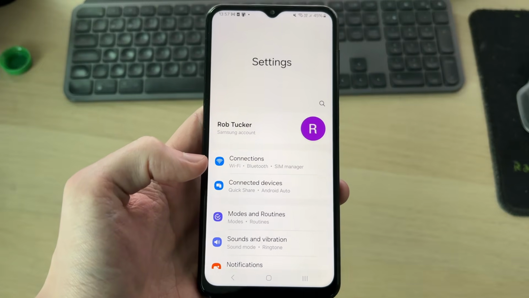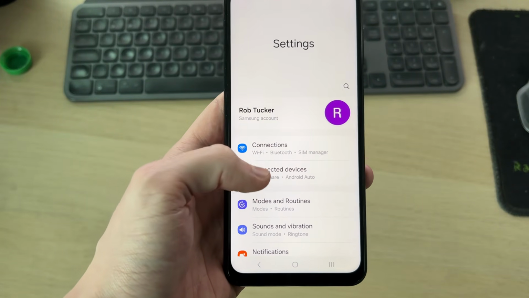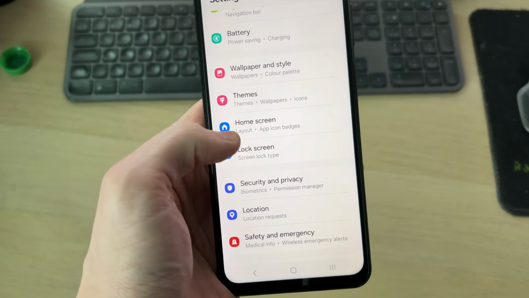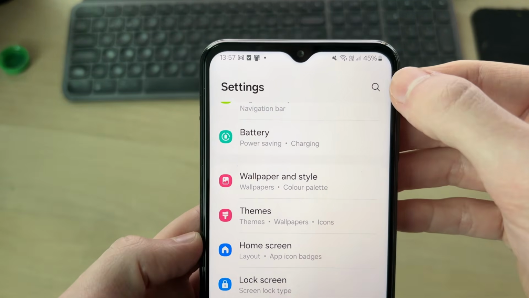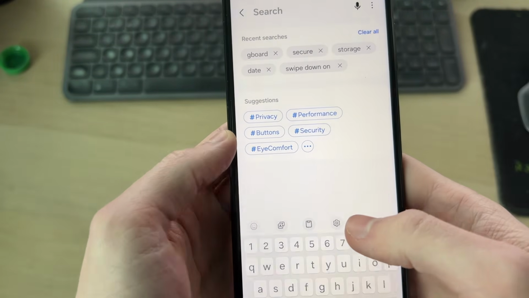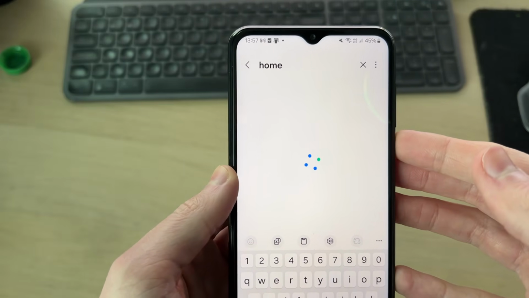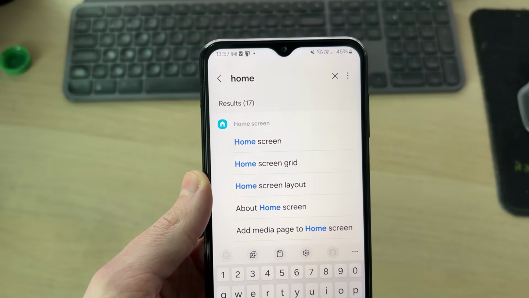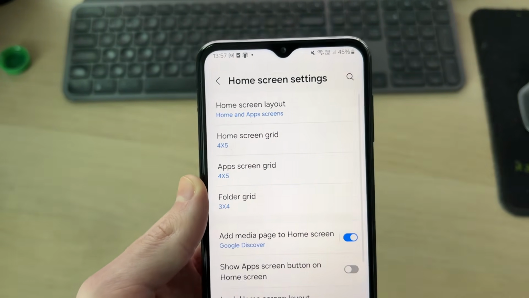There are going to be quite a few different options here, but don't worry, we'll guide you through what you're looking for. So you want to start scrolling down and you're looking for the option home screen. As you can see, there it is. If you can't find it, you can always go to the top right and press search. And then what you can do is type in home and it should then find it. It may take a moment. It's got a bit of time here to load. Then what you can do is come into home screen. In home screen, as you can see,